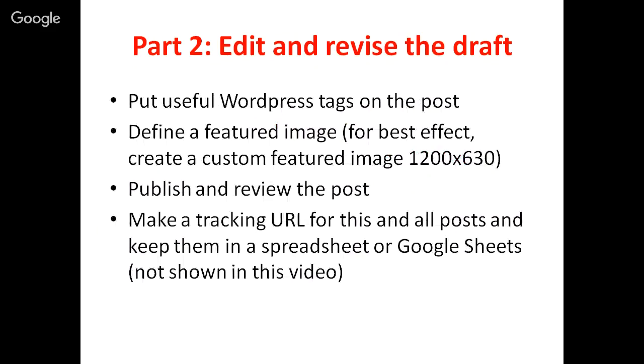So you want to also put WordPress tags on the post. You want to define a featured image, and this is very important because featured image helps the post display various places on your blog, and most importantly, featured image is something that will be shared on Facebook, and it's a big deal. But I'm not going to do that here. I will make another video on featured images, but for right now, just know that you would create a custom featured image in the size 1200 by 630 because that's the ideal size for Facebook sharing. We're not going to get into that today, but you will see a custom featured image, and I'll talk a little about it. Publish and review the post,